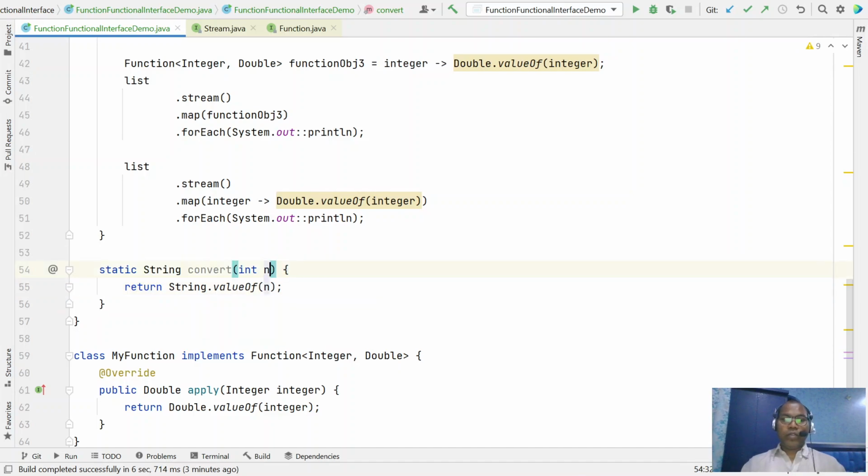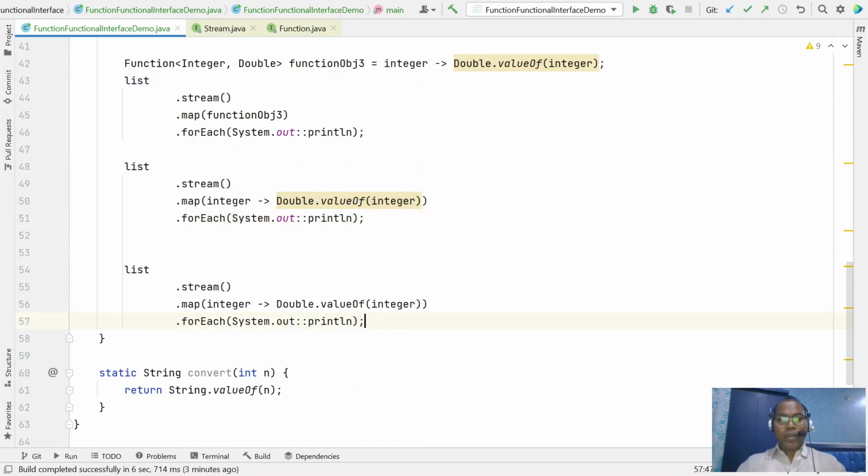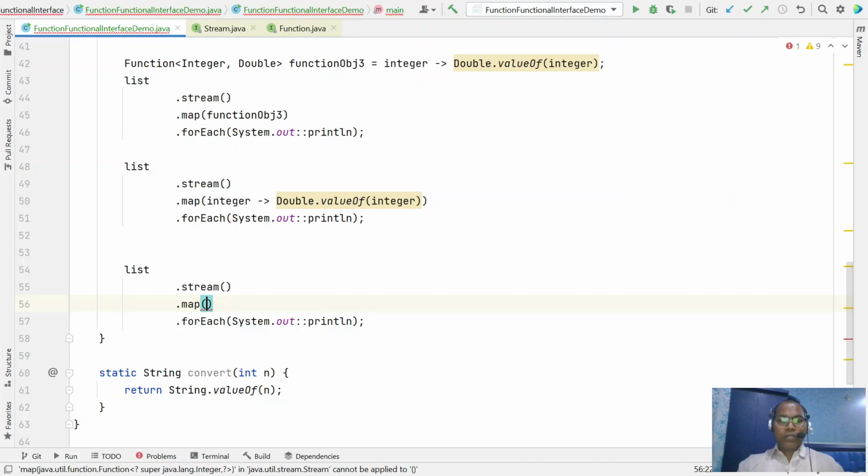Or even you can say, right. So here in this map function you can pass any method that will take one input and return an output. Here we can pass my convert function.